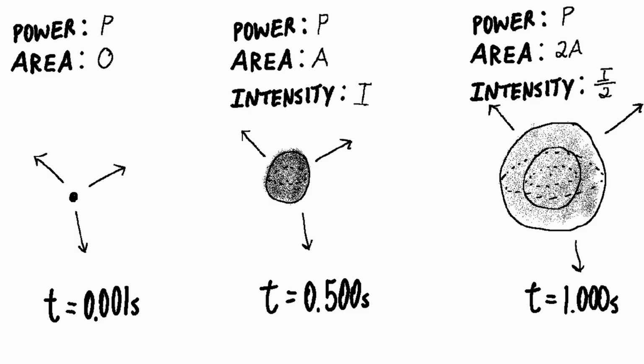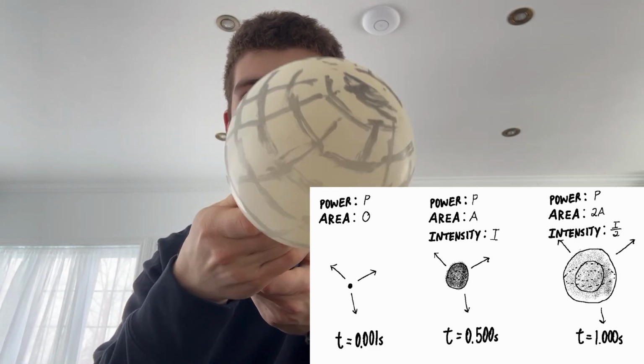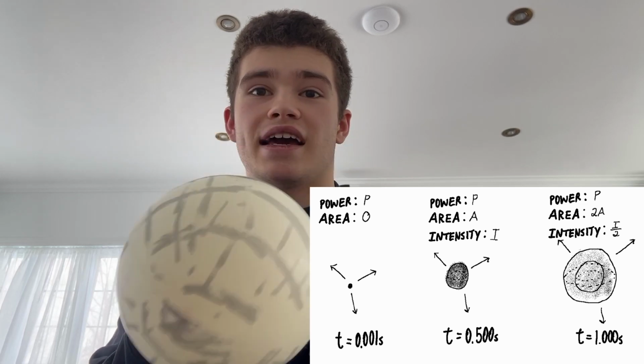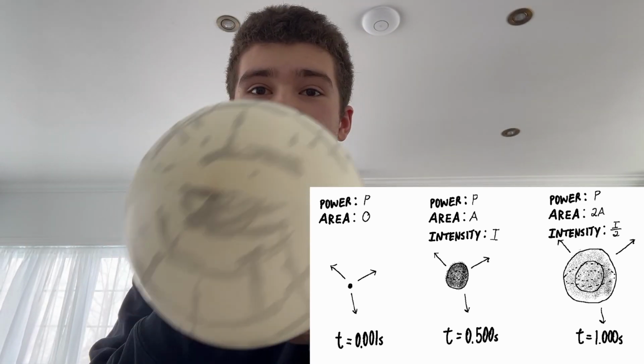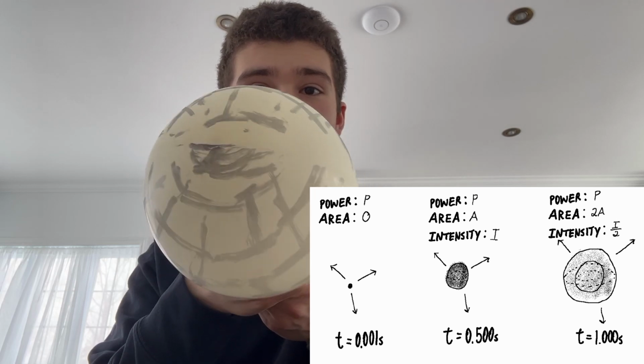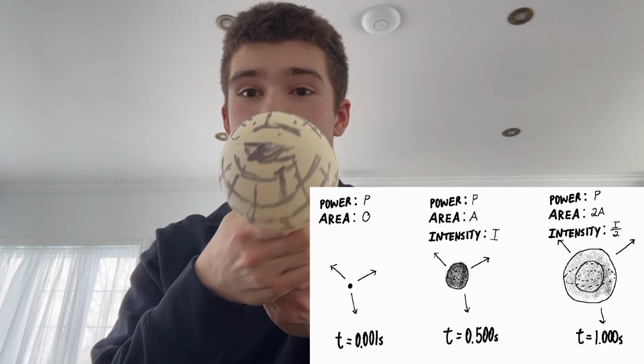Let's say this Sharpie ink represents concentrated sound power. The uninflated balloon covered in Sharpie represents the initial moment the sound is produced. Let's say I put 1 gram of Sharpie ink to represent 1 watt of power. As I blow the balloon, the amount of Sharpie ink stays the same because sound power, once it's been produced from a single sound, will not change. However, you can see the darkness and therefore the concentration of the Sharpie ink gets less and less intense because as the balloon expands, the amount of Sharpie ink at any given point is smaller. The pigment intensity changed, and the same is true for sound.